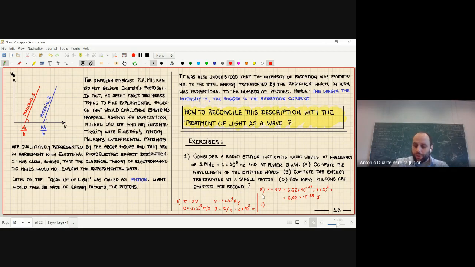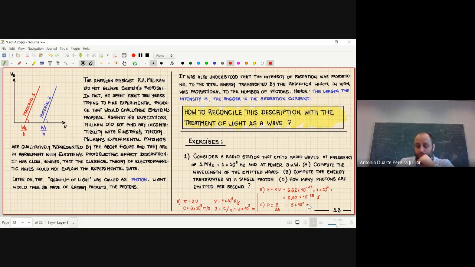So the power P is the energy divided by time interval. So the power will be 5. This K corresponds to 10 to the third. So this will be 10 to the third. And this is energy divided by